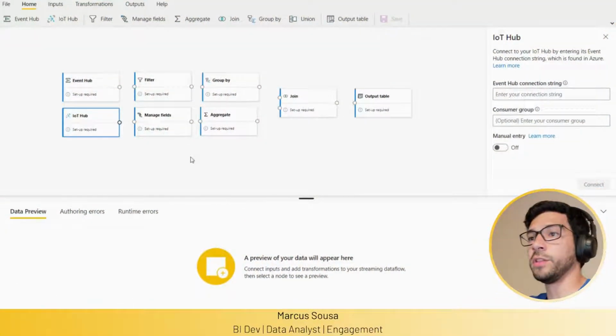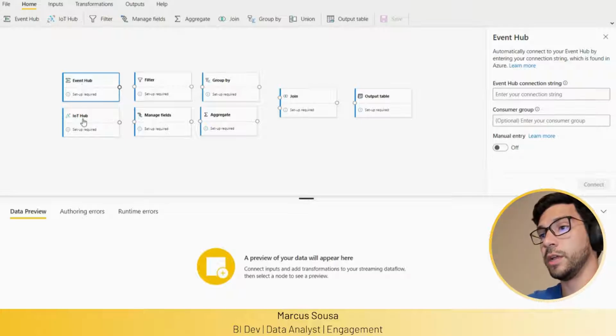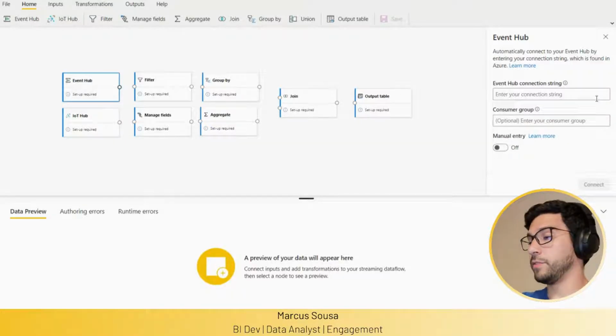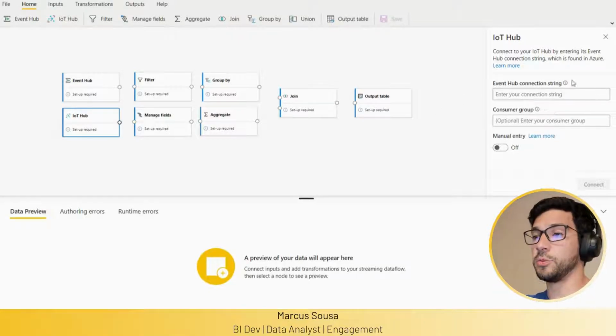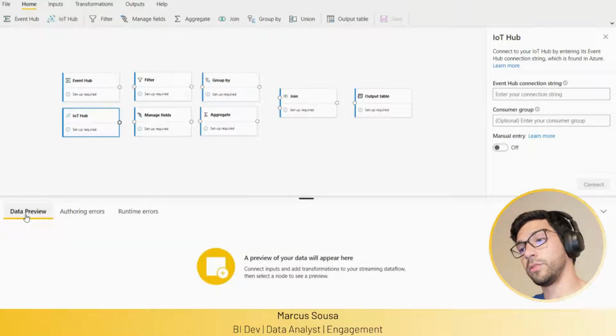At the moment that I'm recording this video, the only data sources that we get to have access to in the Streaming Dataflows are Event Hub and IoT Hub. In both, you can connect using the Event Hub or the IoT Hub connection string, and the consumer group as an optional piece of that. In the bottom part, you get to see the data preview, the authoring errors, and also